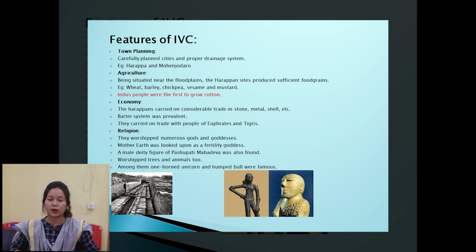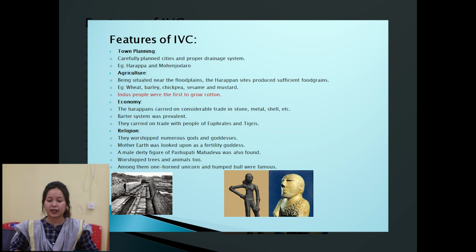In some of the burials, when people died, precious metals, terracotta models of utensils, and objects of daily use were buried along with the dead. And in some of the burials, it was found that objects of daily use made of terracotta were buried along with the dead. From studying these burials, the archaeologists have assumed that during the Indus Valley Civilization, there was some sort of class differentiation among the people.